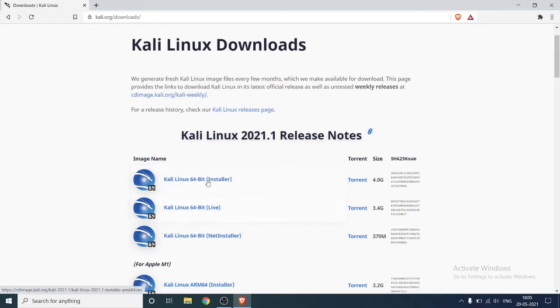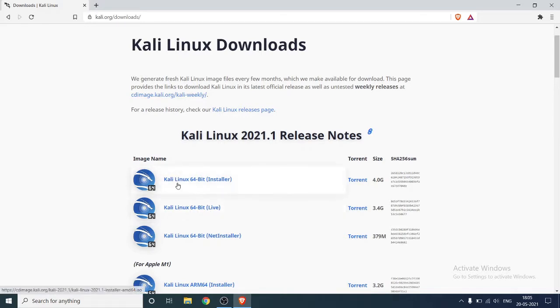If you don't want to go with the whole process of installation, you can choose to host your operating system on a pen drive. To do that you need to download this version of Kali Linux, and you just have to plug and play. It will not install on your hard drive, it will just boot up live from your pen drive.